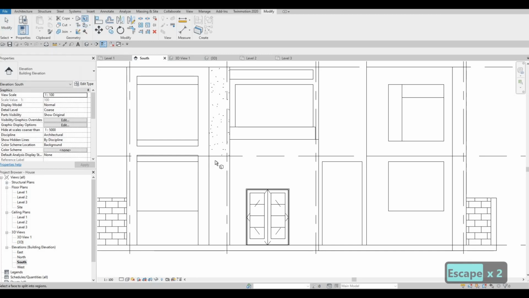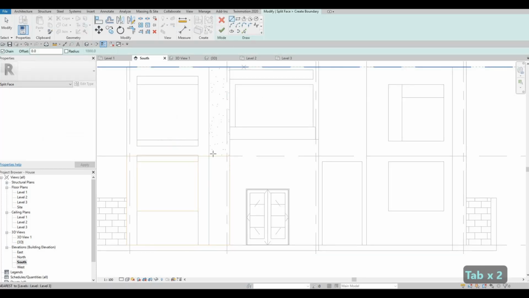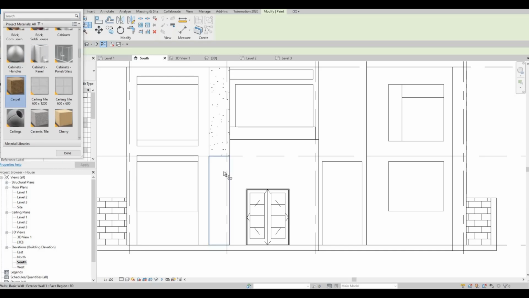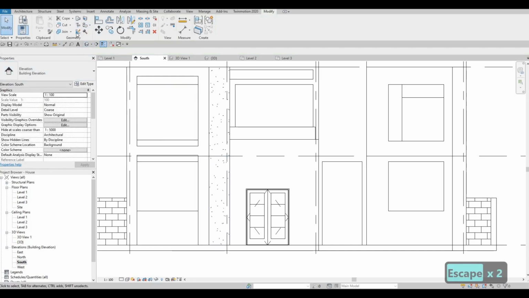Split face now this part, and then similar to that, we just need to add one line because this is from the edge. So we're basically cutting only. This one is different because we're creating a barrier from here. So now click finish and then click paint and then click paint carpet just to change the material. So let's look in 3D